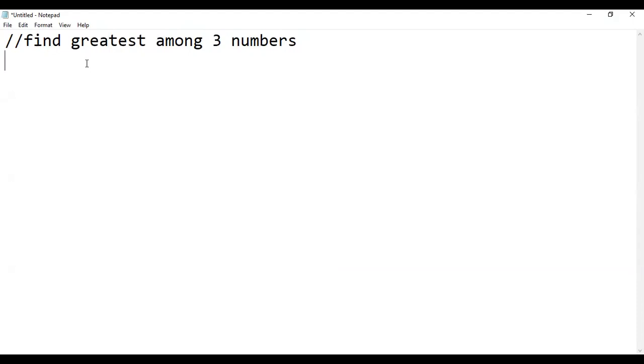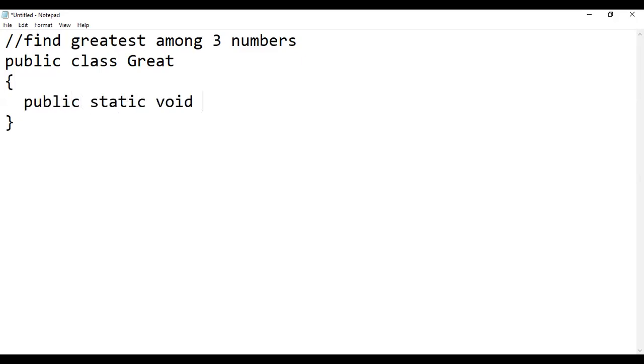If you want to take input from the user, you can use the scanner class and take the values of three variables from the user. So firstly, we write public class Great. I'm writing the name of this class Great. G must be capital. Then a main function, public static void main, String args.